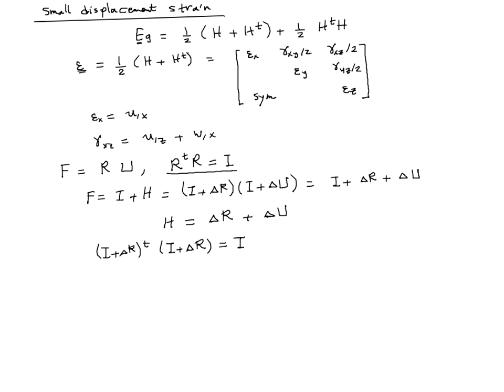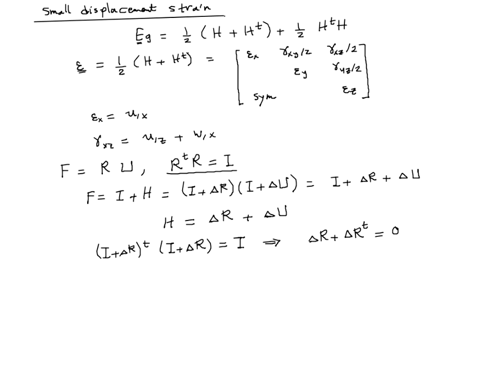If we multiply through and neglect again higher order terms, delta R transpose delta R, then this will lead us to conclude that delta R plus delta R transpose equals zero matrix. And what this means is that the symmetric part of delta R is equal to 0. And since any matrix can be decomposed into two parts, the symmetric part and an anti-symmetric part or skew-symmetric part, if the symmetric part is 0, this means that delta R is a skew-symmetric matrix,